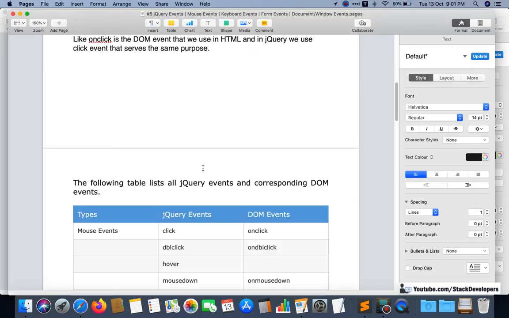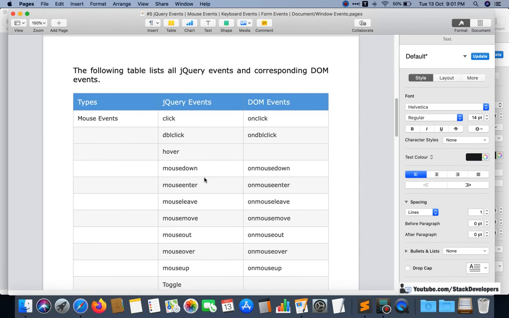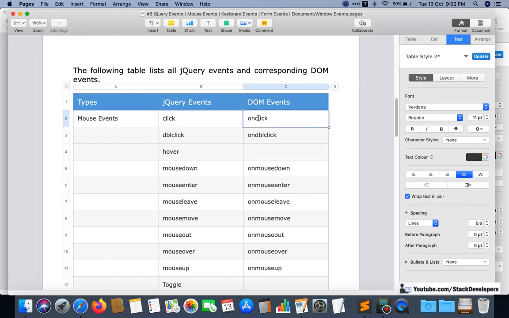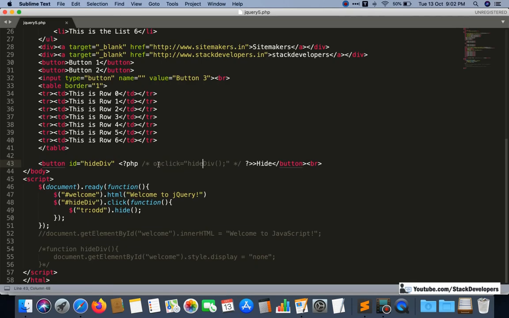And there are some examples of the DOM events. See here. Earlier, before jQuery, these DOM events came into existence when HTML and JavaScript came. And when jQuery launched, these DOM events were replaced by these jQuery events. Like earlier the on click event was there, and you can see we have done the on click event. I think in the first or second video we did this on click event in our JavaScript, in our HTML. This is the combination of HTML and JavaScript where we have the on click event.